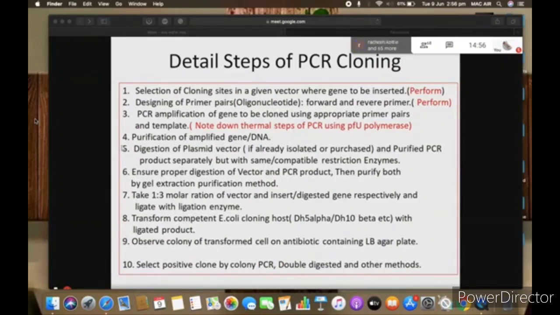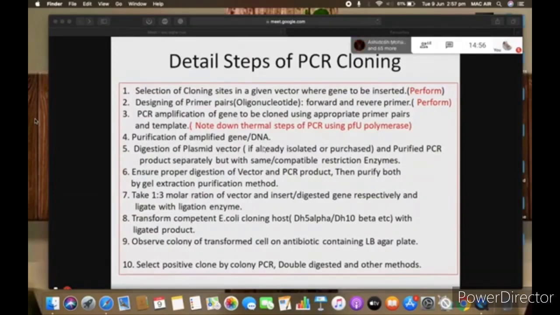After that, we isolate the plasmid or purchase the plasmid. If you don't have that plasmid, then you should purchase it and transform it into E. coli so that you can get more of it. So you purify that plasmid from E. coli and then digest it.